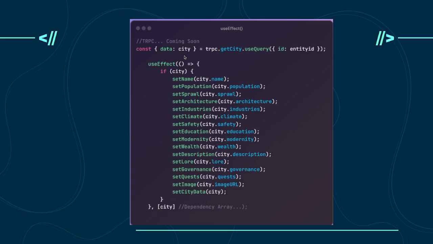And again, if it's not stateful data, React's not going to do anything. It's not going to change anything. It doesn't care, right? And so what we do to make sure that it does is we set something called a useEffect. And down here is called the dependency array. And you put into the dependency array what you want it to respond to, right? So for example, whenever I get my new city, whenever it changes, I want to react by setting all of the properties that I have to that city, right? So we put city in the dependency array. That's what we want to respond to, right?